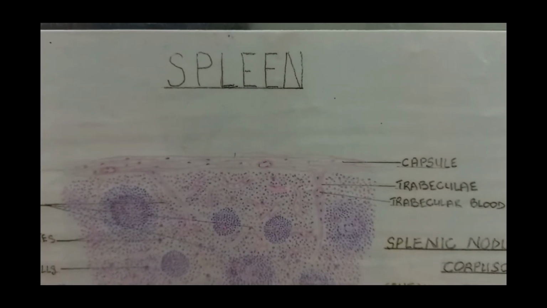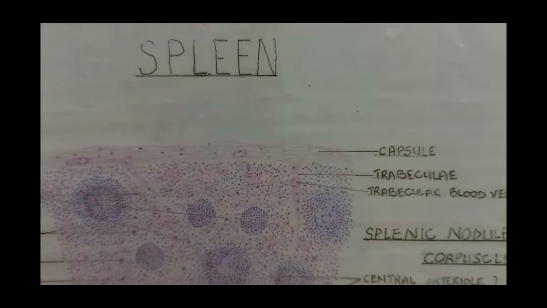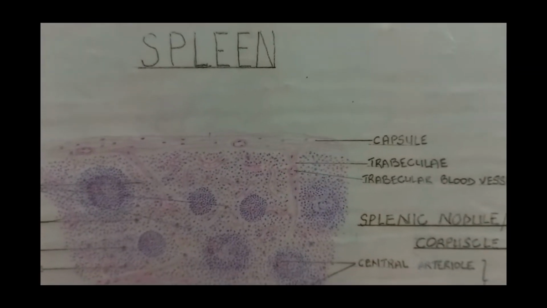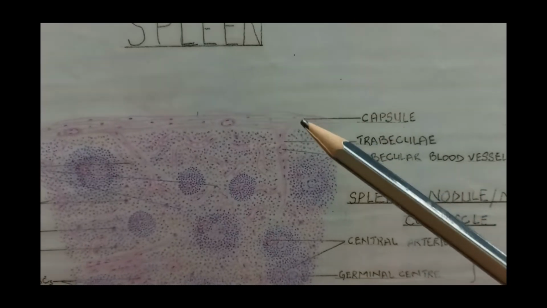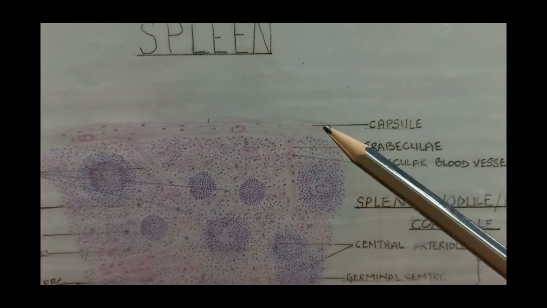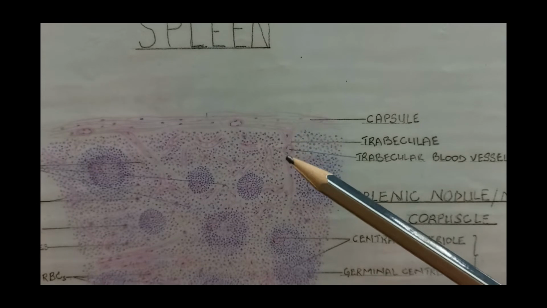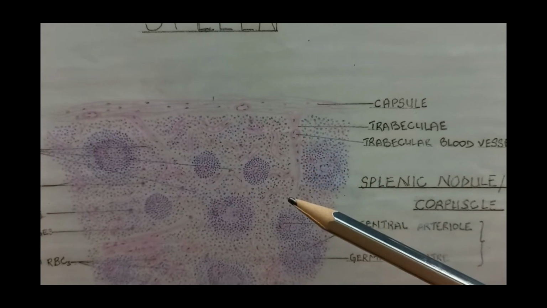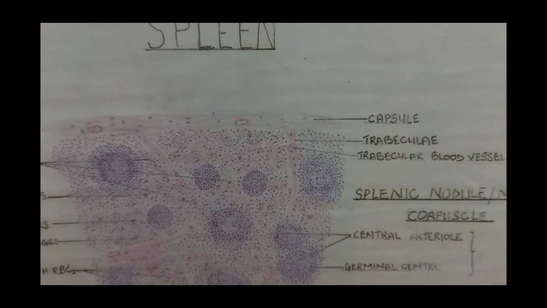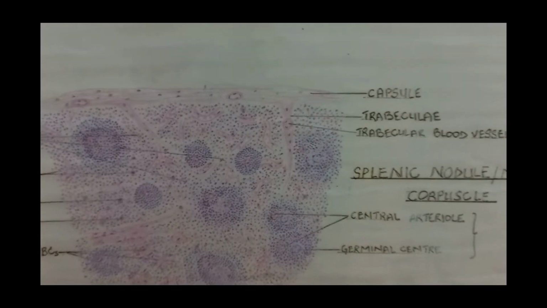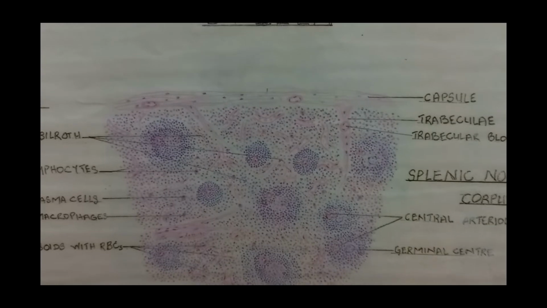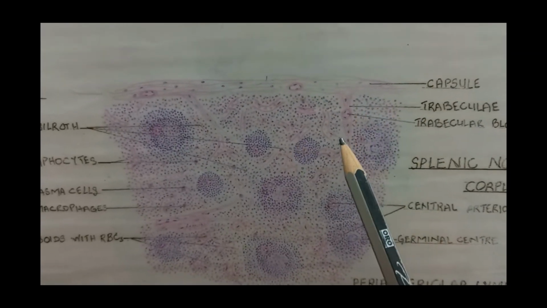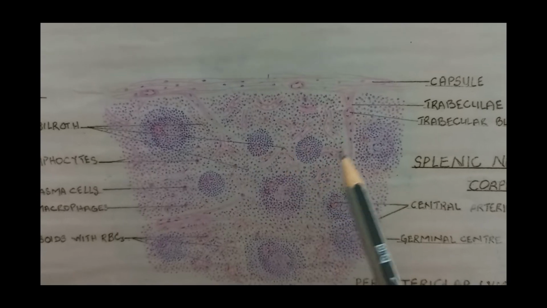Firstly, the spleen, as you know, is lymphoid tissue, and it consists of a capsule which is of a dense irregular connective tissue variety. From this capsule, the trabeculae will arise into the parenchyma, or we can say the splenic pulp. And there are the spaces between the trabeculae, you can see, and these trabeculae will divide the splenic pulp